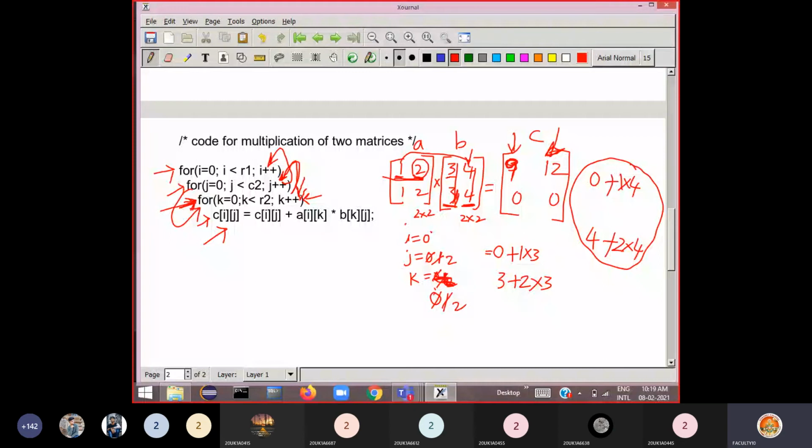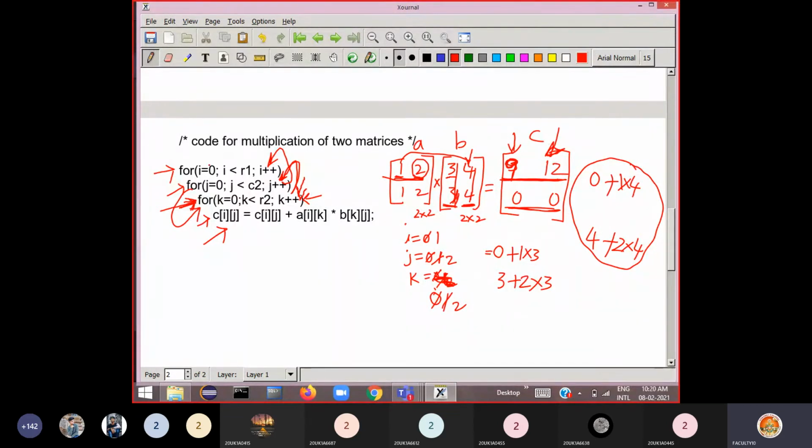Now see here. When i value is 0, that means you are calculating the 0th row of the resultant matrix, the third matrix. When i value is 1, that means now you are going to calculate the first row of this one. Clear? Understood? So the same type of calculation repeats for the second row of the resultant matrix in the same manner.